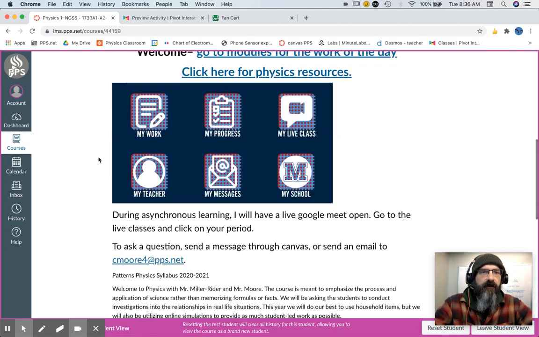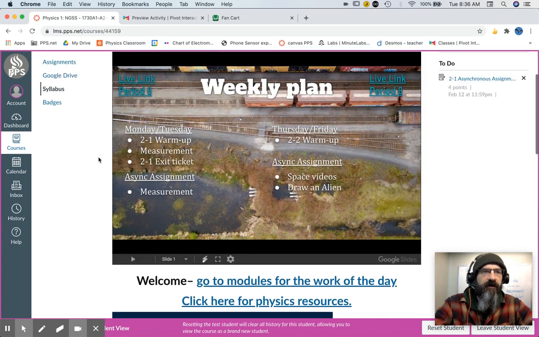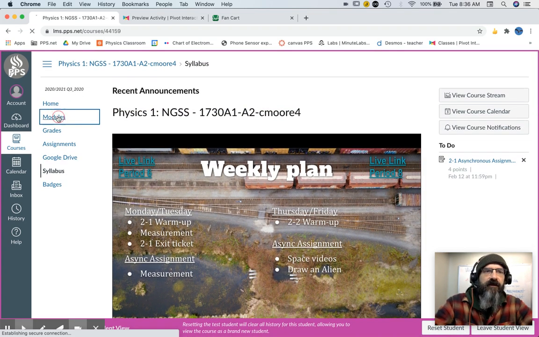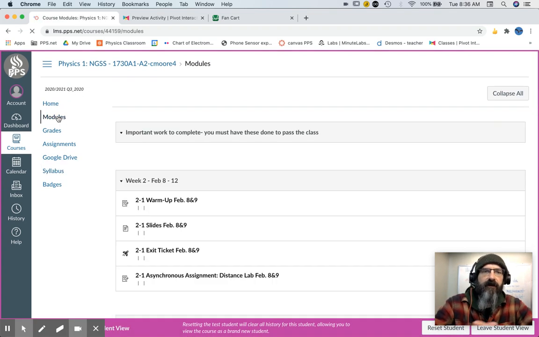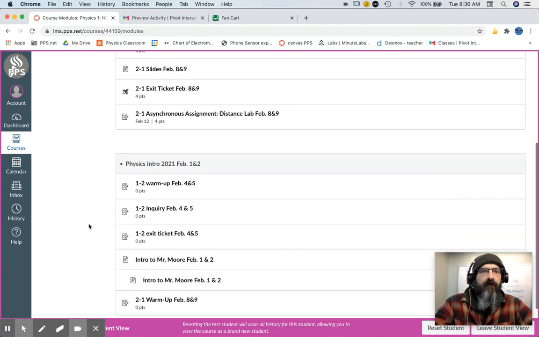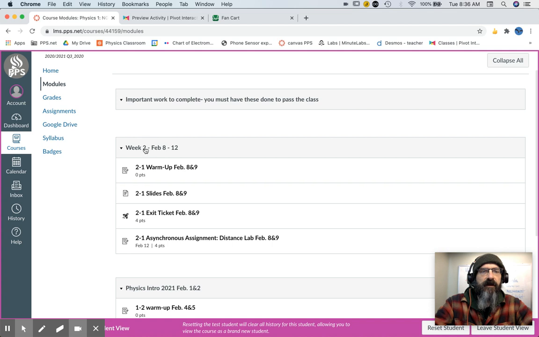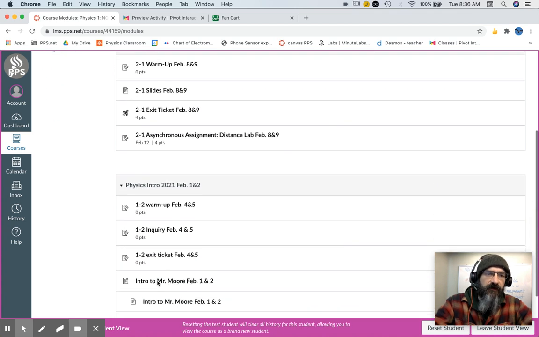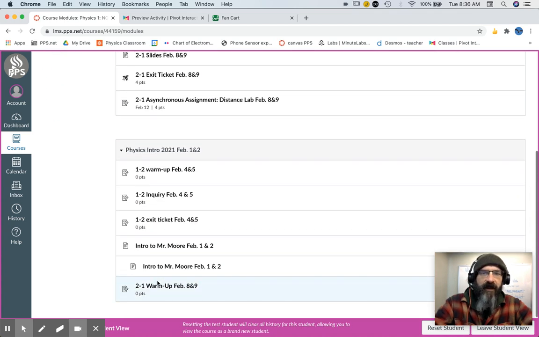And yeah, there's the rundown of my syllabus, I think. Let's take a look at the modules real quick here. So here you're going to see kind of what we're doing. I order it going forward. Like the most recent things will be at the top, and we'll be going backward in time as you scroll down. We've only had about 2 weeks of class,